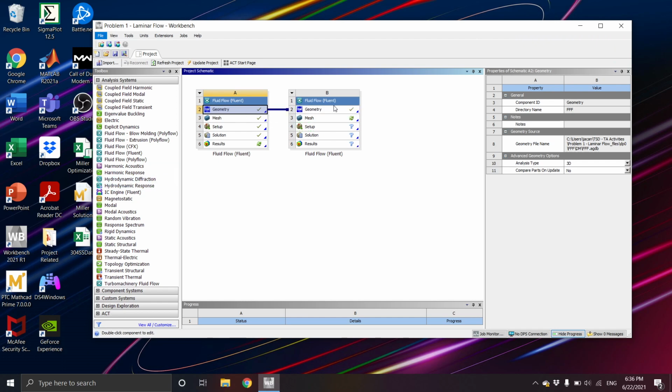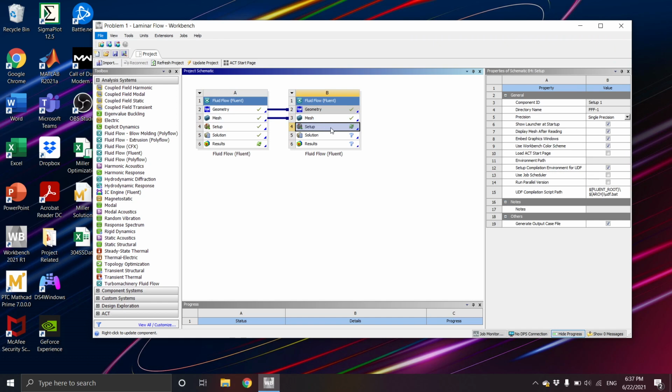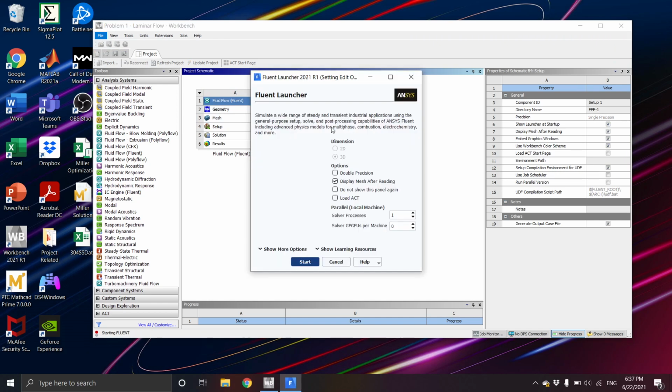As we can see, we can just drag another Fluent analysis, and it's gonna allow us to drag, select meshing and connect it to our mesh. And if we open setup, it's gonna ask us if this is a 3D problem, which it is. We're gonna select double precision, and when we start it,